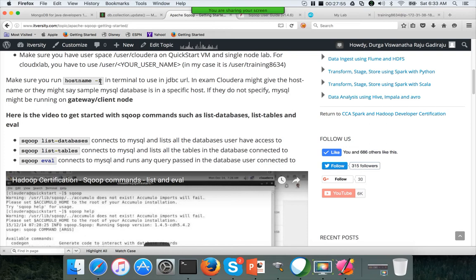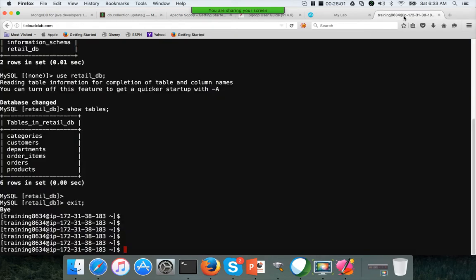So typically the database will be on a different node, and you will be running Sqoop on a different node, similar to here. So here we are connected to 183, but our database is under 154. So typically, that will be the case.